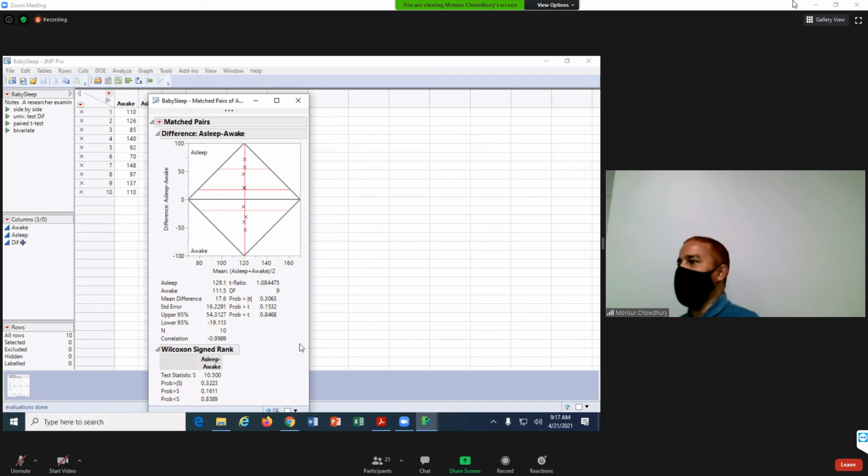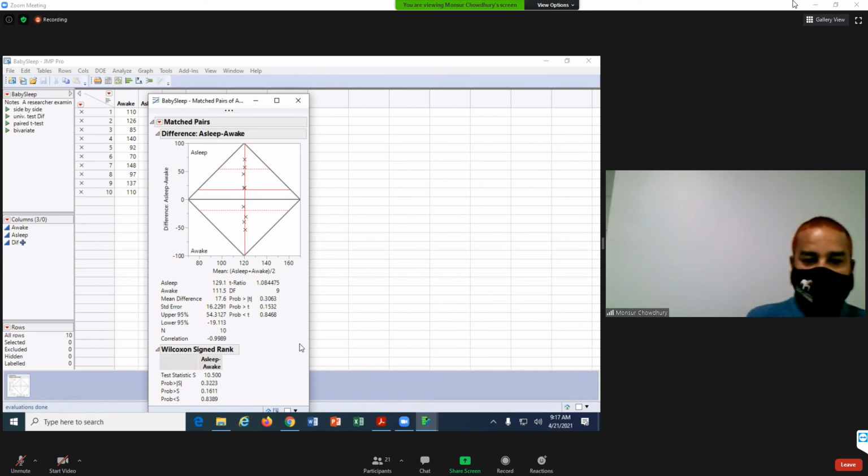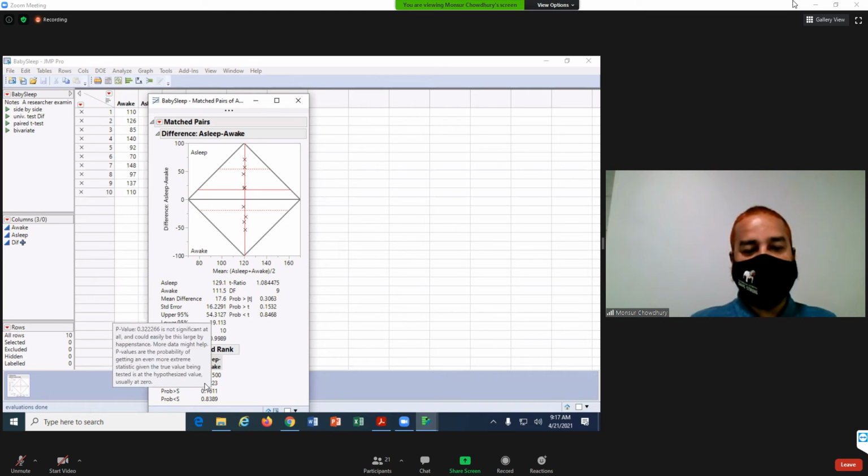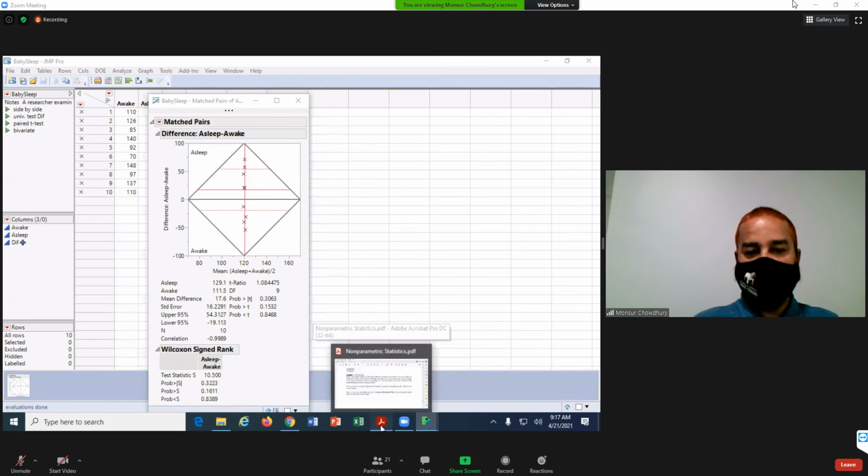So that means they are comparing the medians. Okay, so the test statistic is here, 10.500. Now whether there is any difference or not, this is our p-value. JMP doesn't know whether you are doing one-sided or two-sided. JMP gives all the p-values for you, but you need to select which one you are doing.